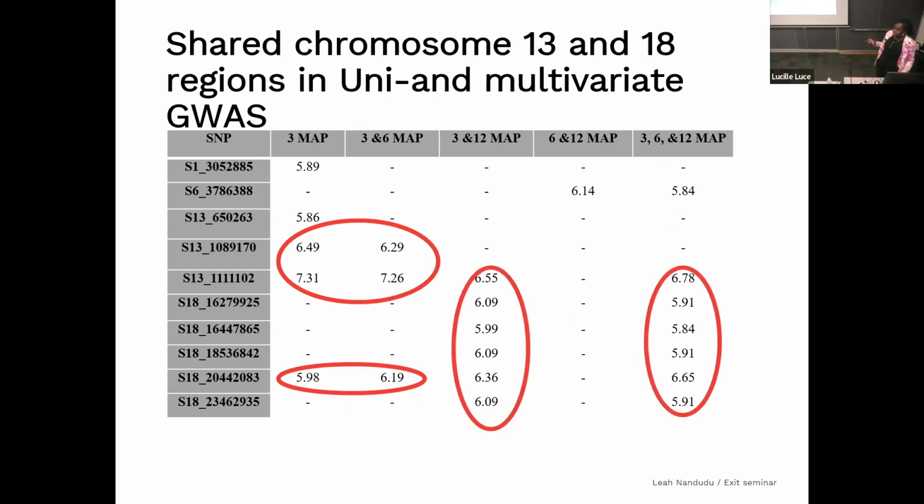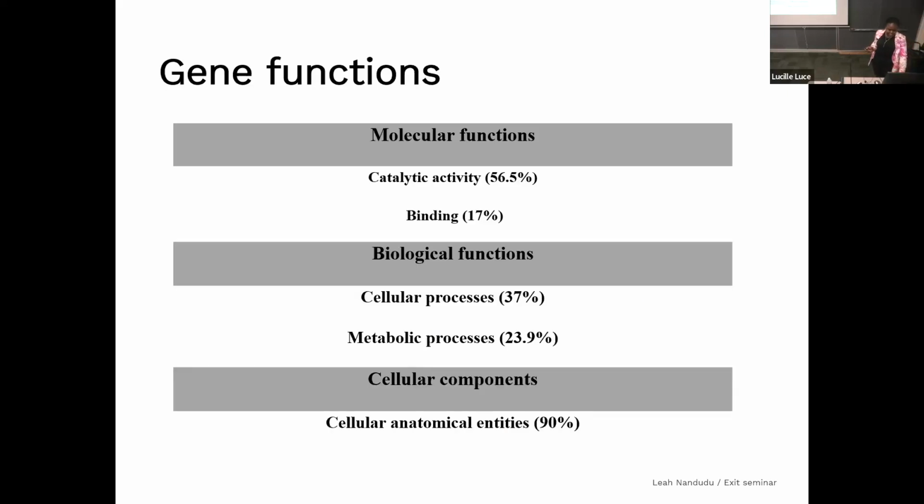And because of this, we had confidence to search for candidate genes within these regions to see what type of function these genes do. So we characterized gene ontologies, which may not be very informative now, but we wanted to cluster them. Based on molecular function, you could see that we have genes in those regions that control catalytic activity, binding, cellular processes, cellular anatomic entities. So the conclusion from this is, the genes that we received in this case would be enhancers